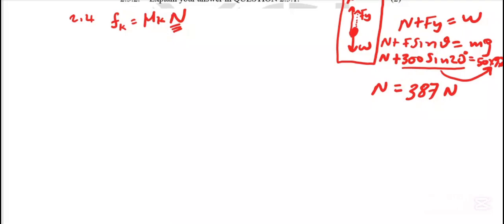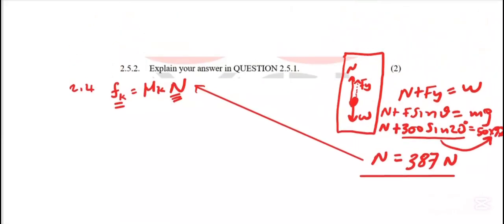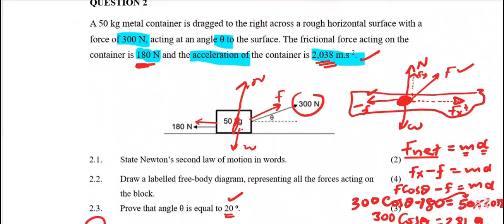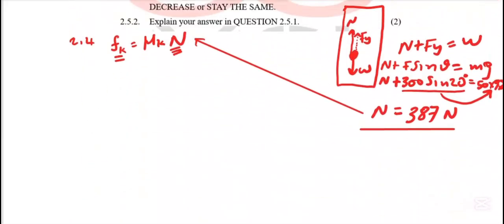So the normal force is this one here, that is the normal force. Now we are going to take this normal force and substitute it here. Remember the frictional force we had up there. The frictional force up there is equal to 180 newtons. Then we have calculated the normal force